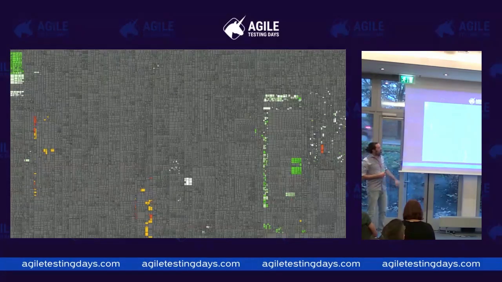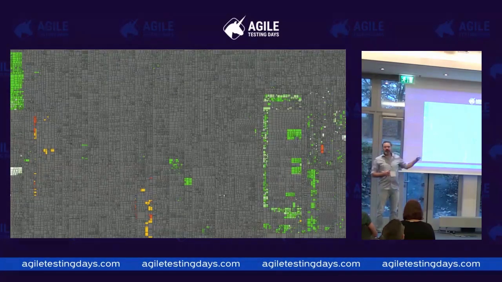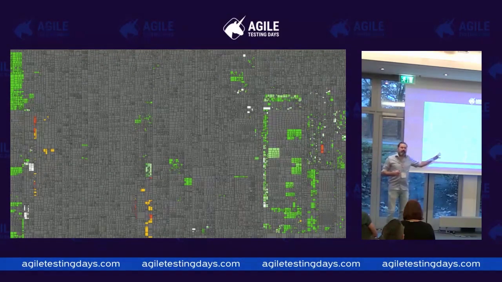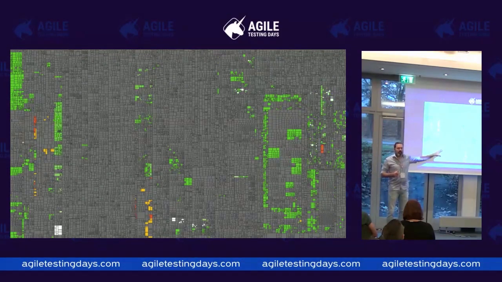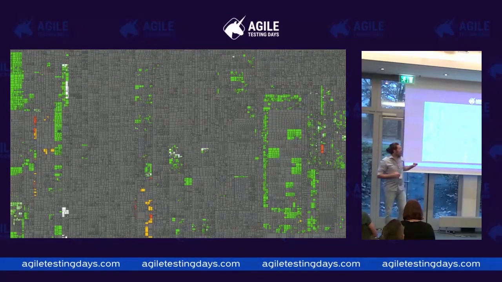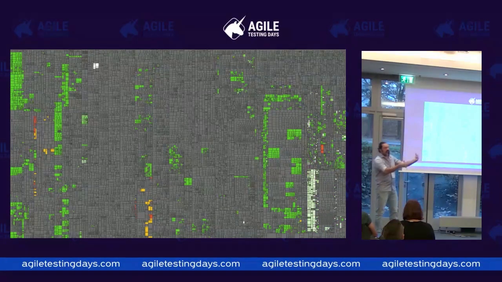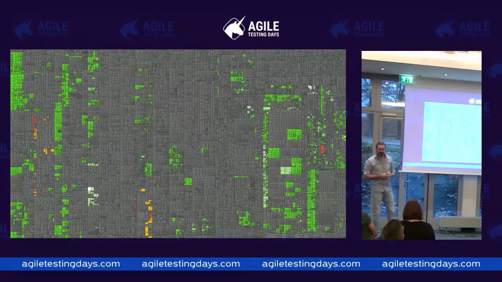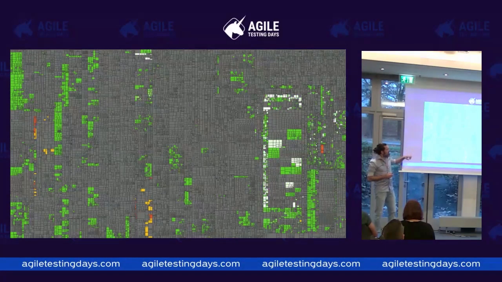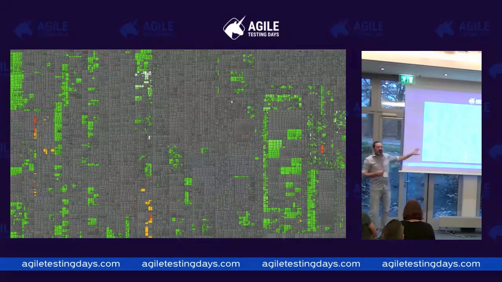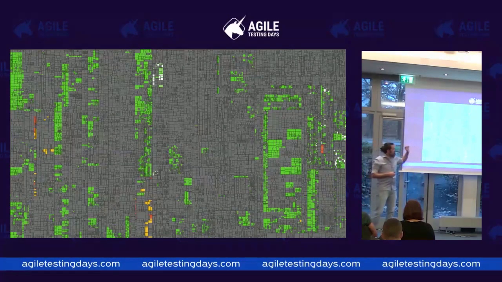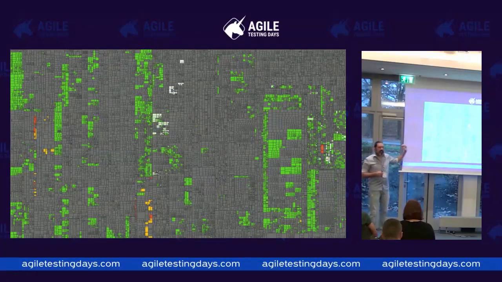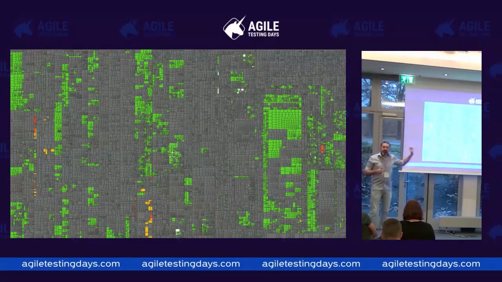So if I start that, we run 30 tests per second. All the methods that are executed by one test flash white and then fade to green. So we see how the test coverage builds up in our test suite. And you see that in some areas there's a lot of different tests, other areas are tested more sporadically. But you see that there's a whole lot of information in this test suite that we can use for these